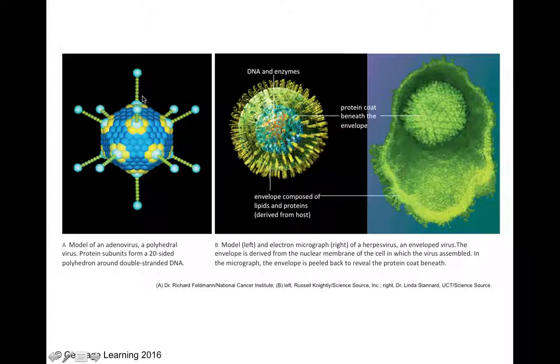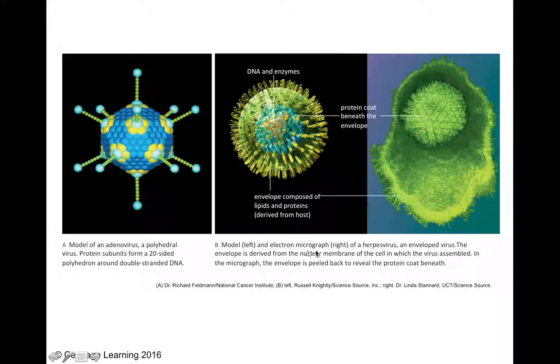And so here's your adenovirus, a very simple polyhedral. It's got 20 sides, like I said, crazy soccer ball. It also has these long filaments sticking out, proteins that will attach to, hopefully, its new host from the point of view of the virus. Hopefully they won't attach to the host if you are the human who's catching the cold. And inside of here, some double-stranded DNA.